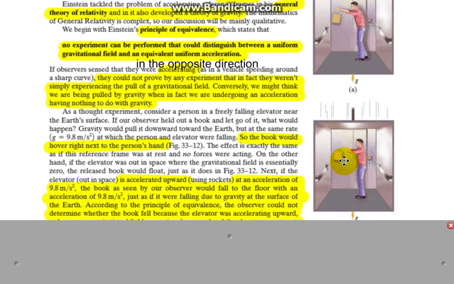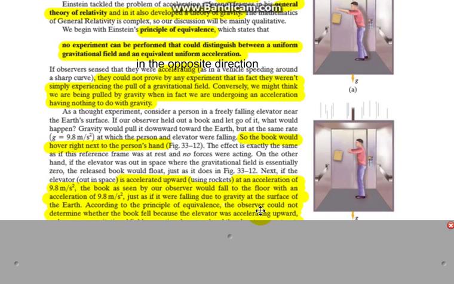Similar to when you see on TV planes in free fall, so astronauts can see what it's like to be in a zero gravity environment. If everything is falling at g, the acceleration due to gravity, the plane and the contents inside, it's like having zero external forces on you.